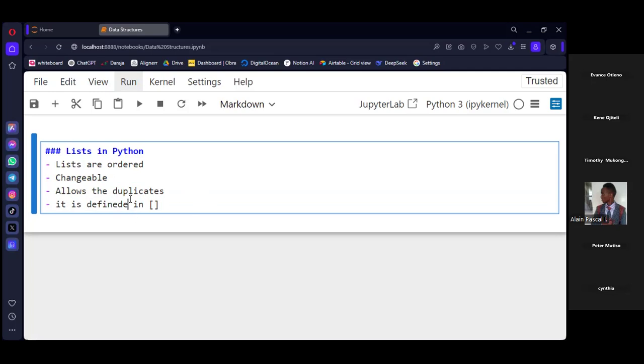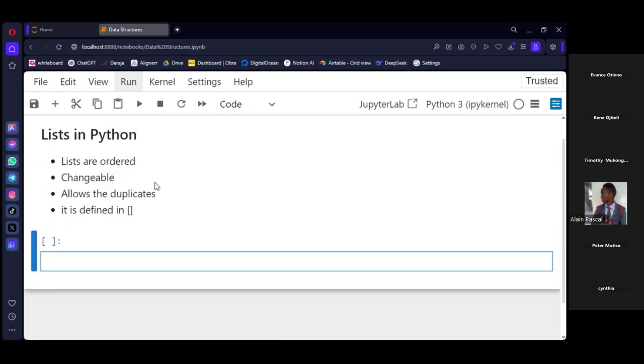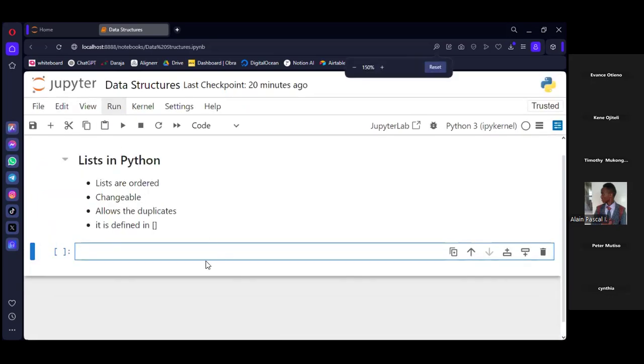So these are the key characteristics of a list. And I want us to demonstrate, or maybe prove, these attributes.